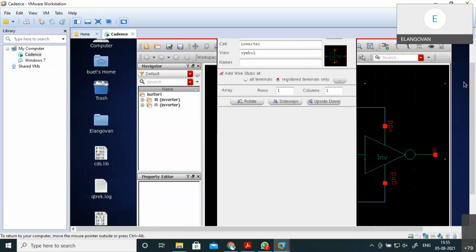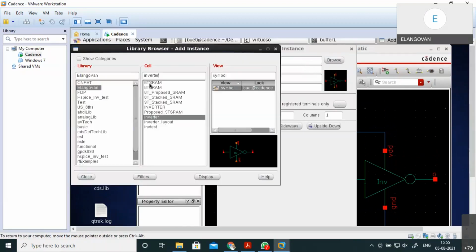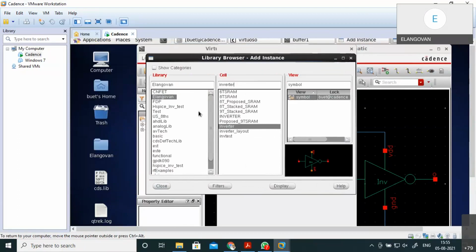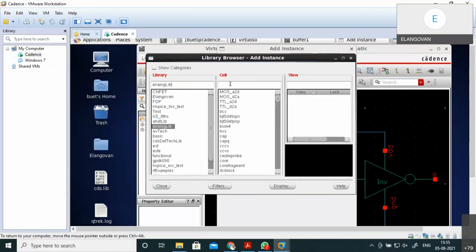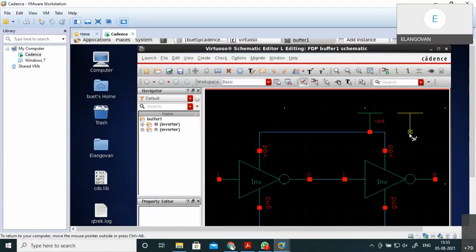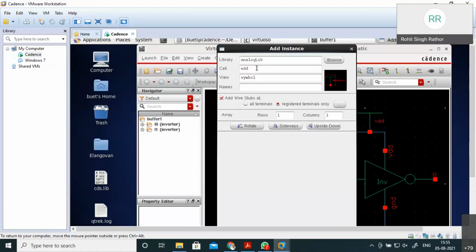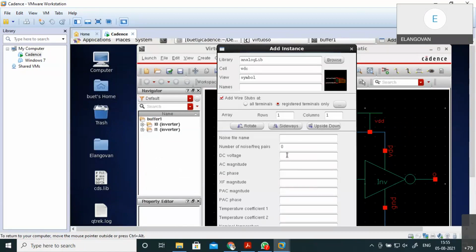Instantiate. Instantiating, browse analog library. I'm taking VDD. Instantiate VDC. DC voltage 1.2 volts I'm taking.